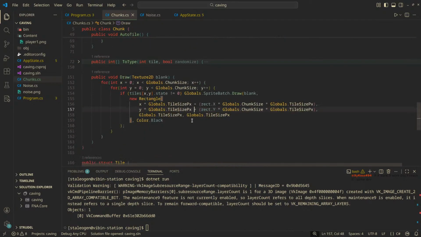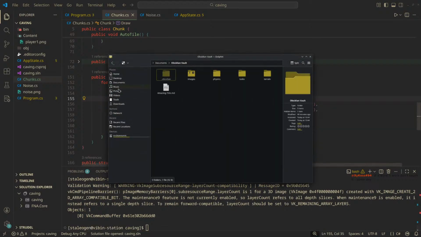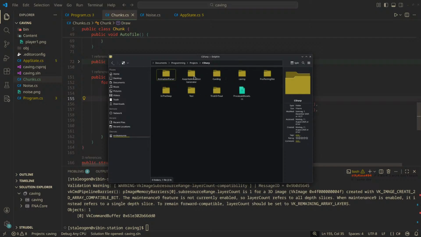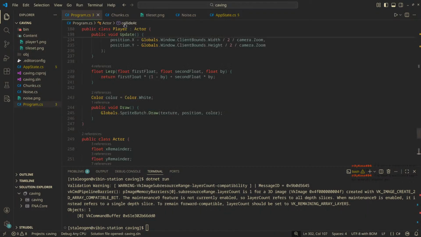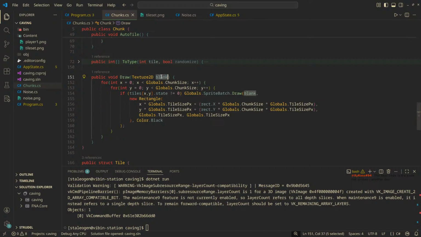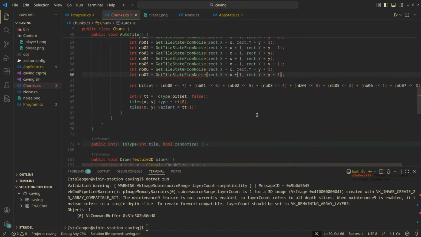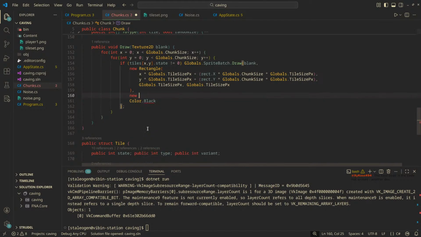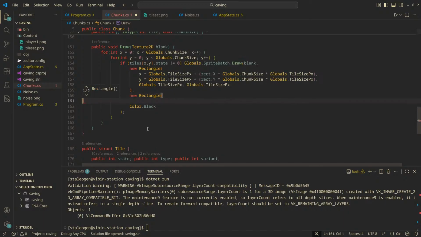So, I get the variant. So in here, I'm actually not going to be drawing a blank. Where's my tile set? Let me grab some tile set real quick. Programming projects. C#. Bam, bam. Assets. Let me grab this. Put it into here. So here it's going to be using the texture. But what I'm actually going to be doing is a new vector 2. Oh wait, no, I already do that. Okay, never mind. I'm going to do a new rectangle then here on a new line. New rectangle. Where I'm going to be getting the